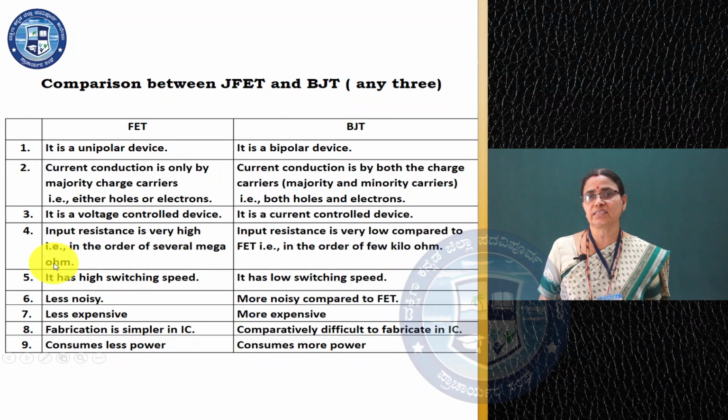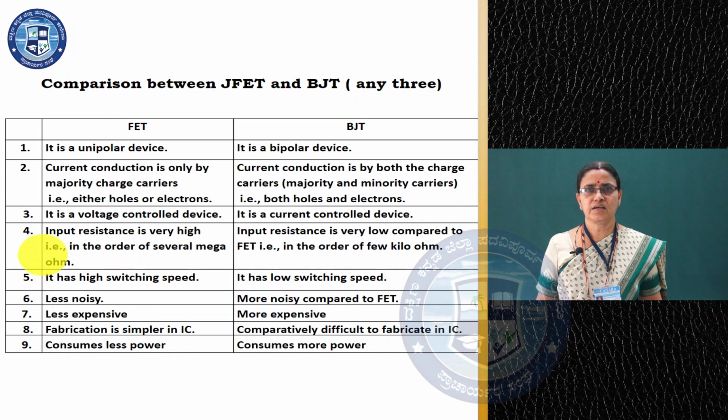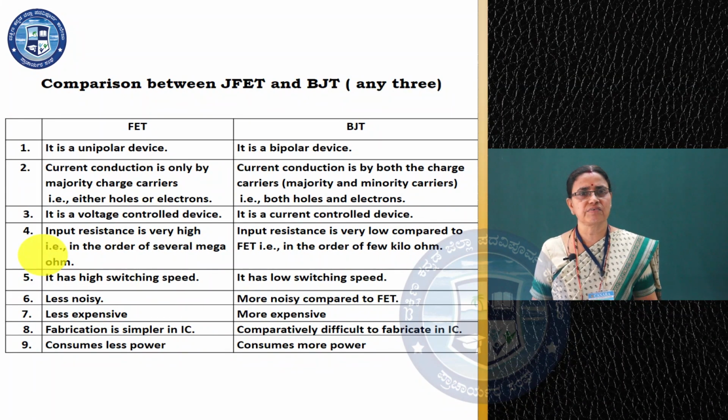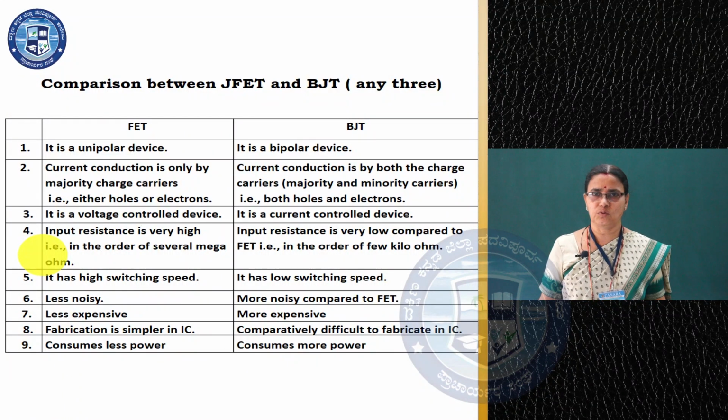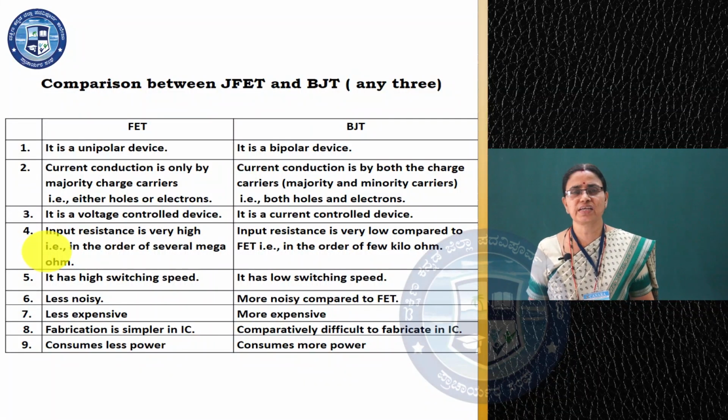FET is a voltage controlled device because the output current can be controlled by the input voltage, that is the gate voltage. FET has very high input impedance and BJT has very low input impedance. Very high means several mega ohms, very low means a few kilo ohms. FET is less noisy and BJT is more noisy, and FET is small in size, so we can fabricate it in